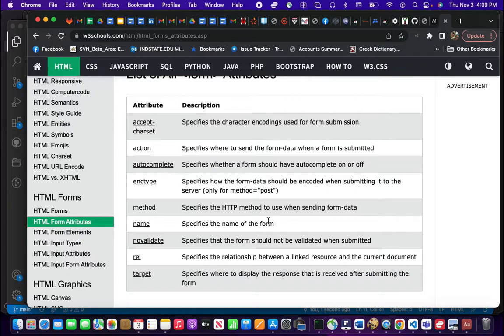Other types of attributes, we have the character set that can be accepted. This could become important if you're using a non-English language in your form. So for example, if you're using a character set like Russian or Korean or Chinese,